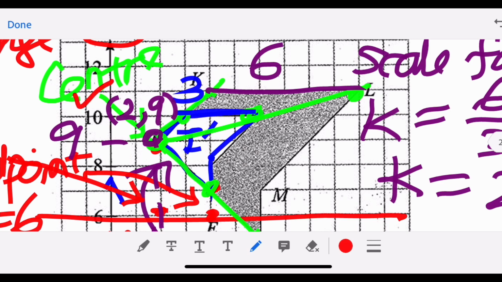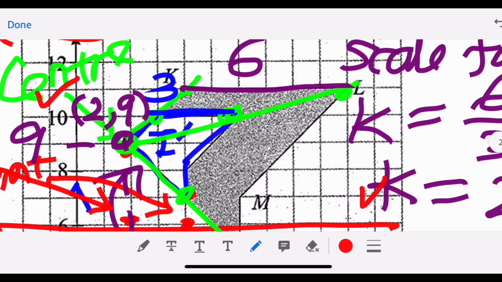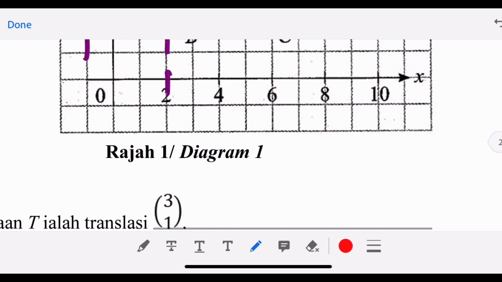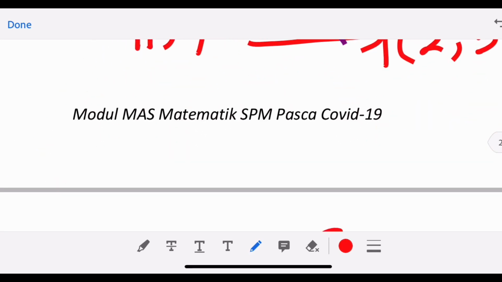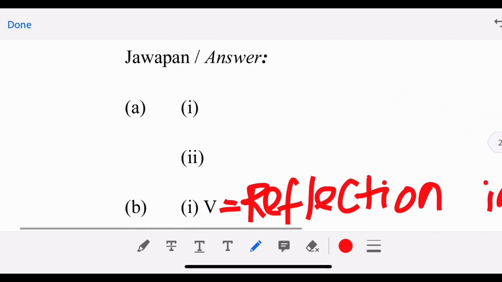So basically, we double check, we do the right thing. (2, 9) is the center of enlargement. Scale factor is correct. Okay, and then alright, so we have solved the enlargement. Now